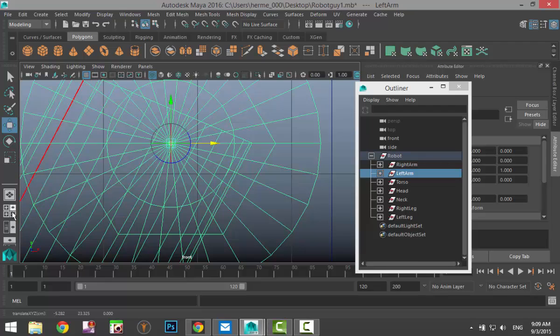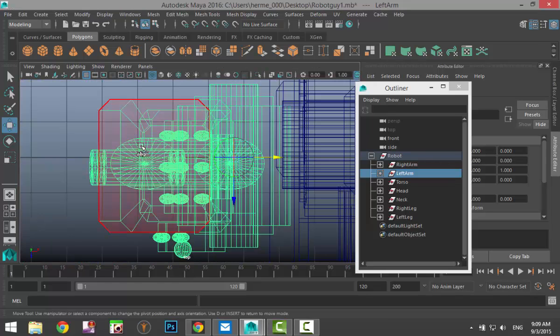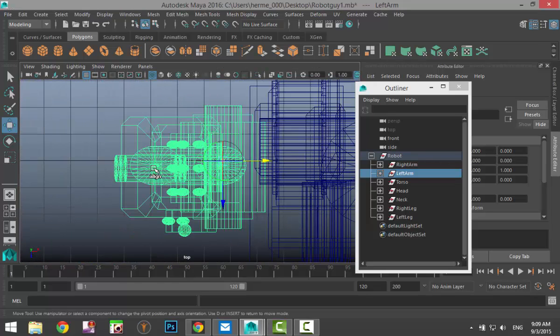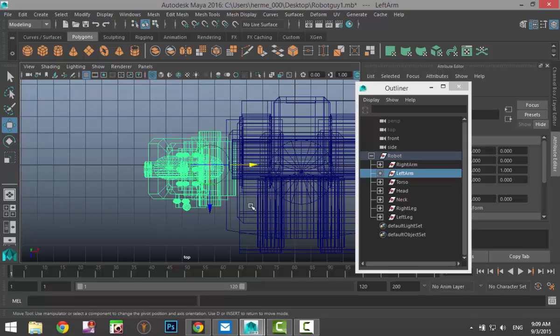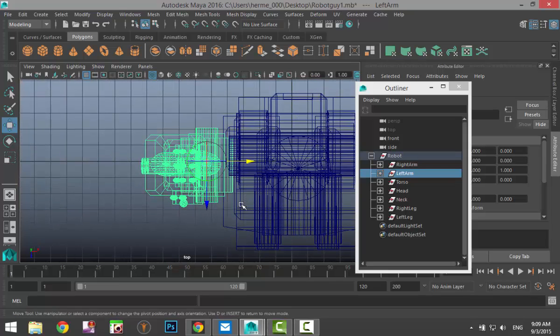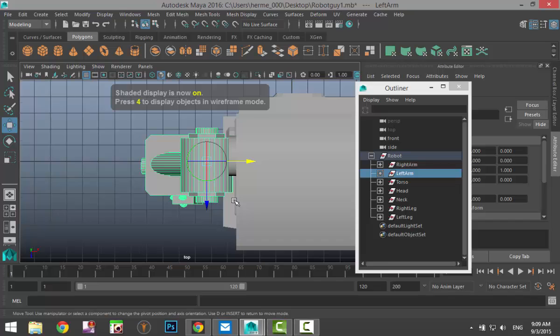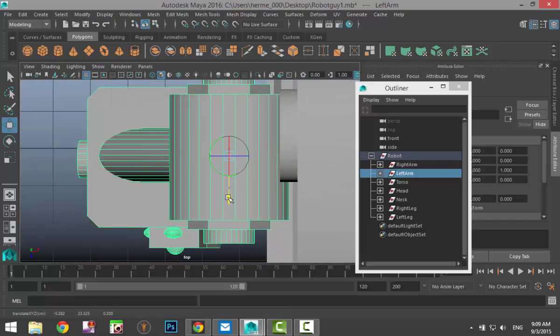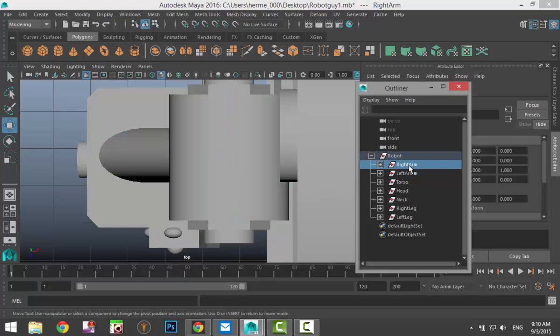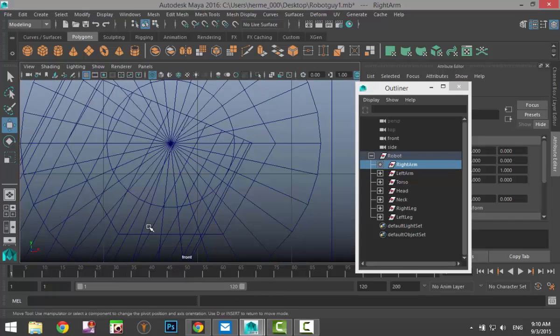There we go. From that point of view, we're going to check it from our top, which is a little bit more tricky, but what we're going to do is, let's see if we hit 5. We can base it on this line here in the arm, okay? So that's good. We're going to go to our right arm,